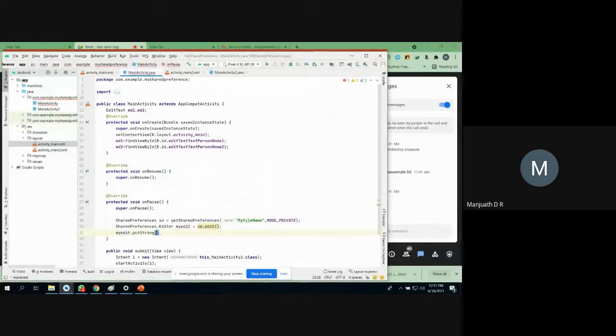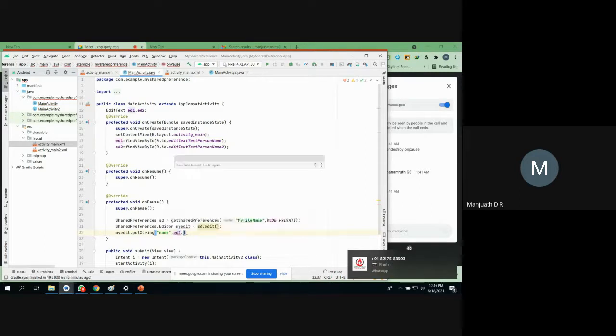In order to put an integer, you have to use the putInt method. And two parameters I have to pass for these. One is the key. The first key I'm going to use is name, and the value I'm going to take, right? The value I'm getting through this first edit text box. So you know how to get that information. That is ed1.getText.